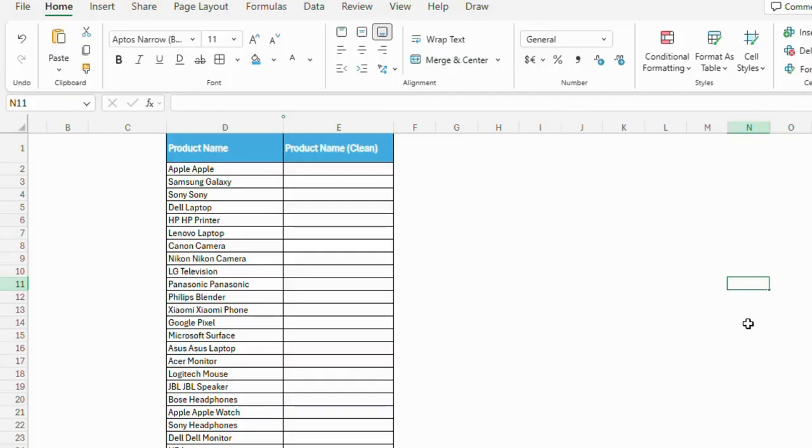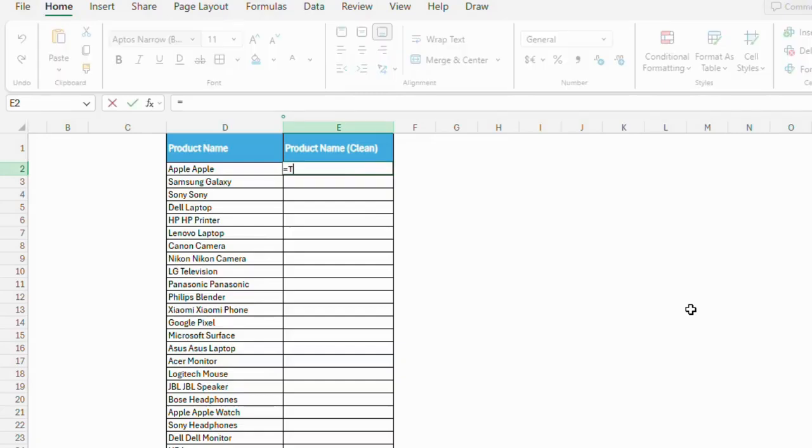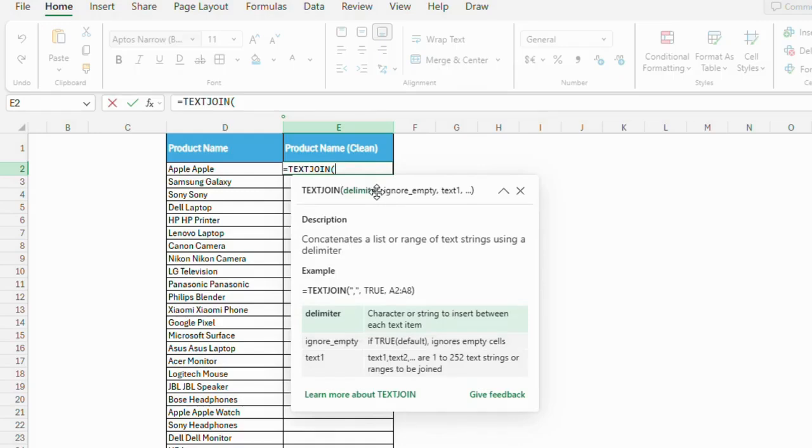Let's see how to remove duplicate words from a single Excel cell in seconds. First, type TEXTJOIN, because we need to combine the unique words back into a single cell. Then type an open parenthesis, followed by two quotation marks with a space in the middle, because we want to place a